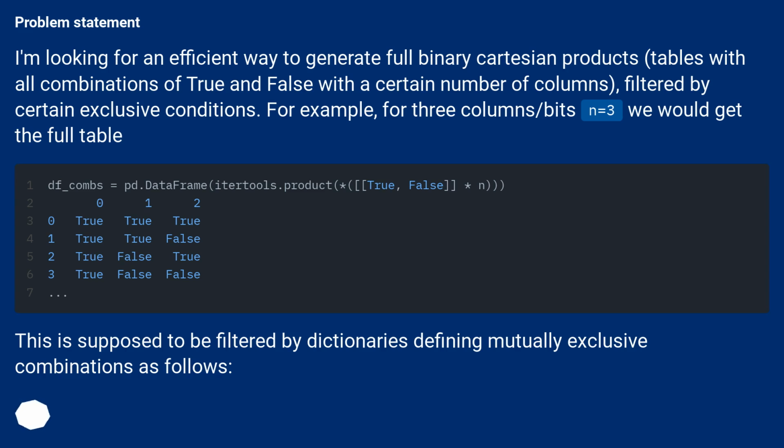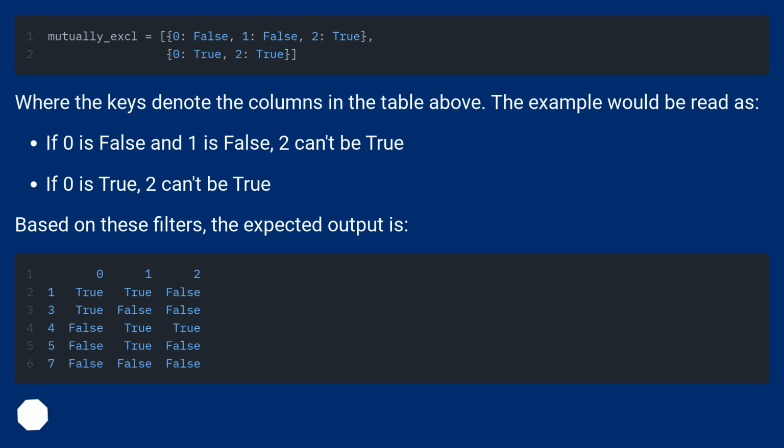For example, for 3 columns/bits, n equals 3, we would get the full table. This is supposed to be filtered by dictionaries defining mutually exclusive combinations as follows, where the keys denote the columns in the table above. The example would be read as: if 0 is false and 1 is false, 2 can't be true. If 0 is true, 2 can't be true. Based on these filters, the expected output is